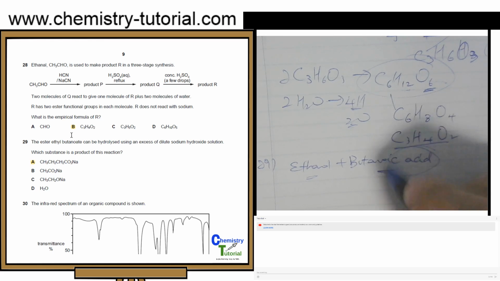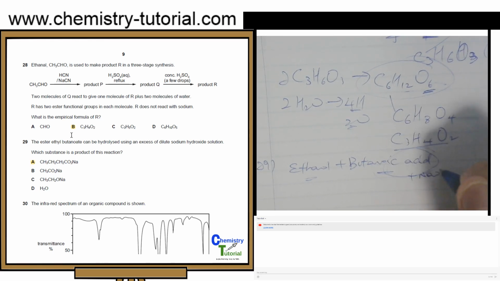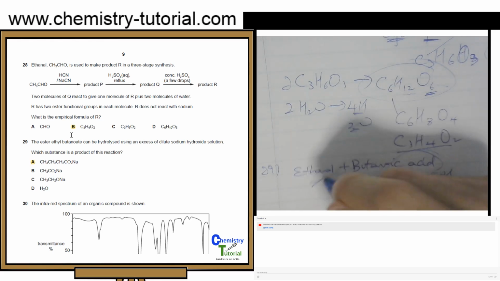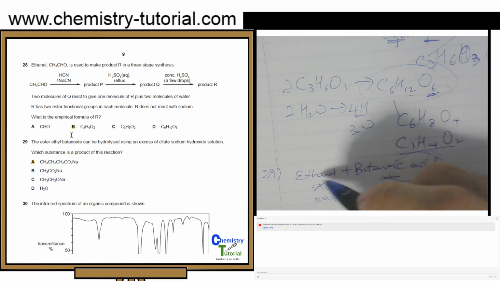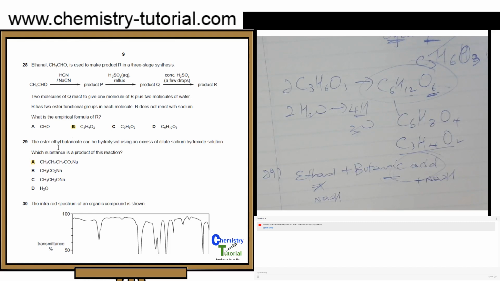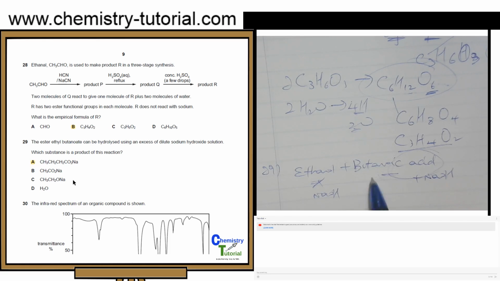So the butanoic acid is going to react with sodium hydroxide. Your ethanol will not react with sodium hydroxide. All right. If you want to form, let's say, options such as C itself, you need to make sure you use sodium metal so that there will be a redox reaction occurring between alcohol and sodium metal with the evolution of hydrogen gas. Now that you know that butanoic acid will form, and butanoic means you have 4 carbon atoms,